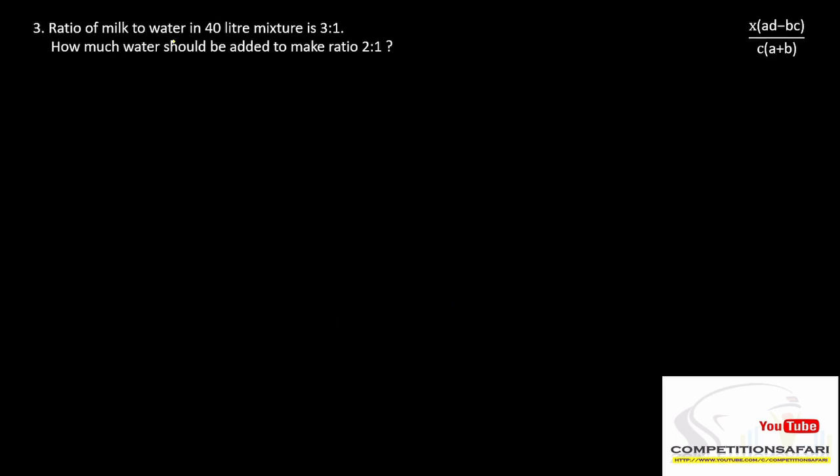The ratio of milk to water in a 40-liter mixture is 3 is to 1. How much water should be added to make the ratio 2 is to 1? We have a direct formula for this question, which is x into (A into D minus B into C) upon C into (A plus B). So x here becomes your total quantity of mixture and A, B, C and D are the ratios. If we put into this formula, we'll get a direct answer: 40 times (AD minus BC)